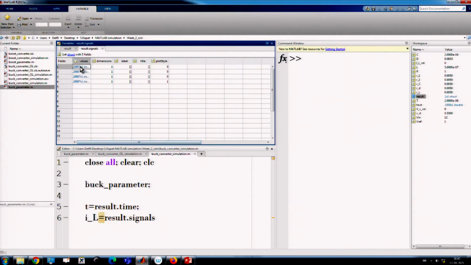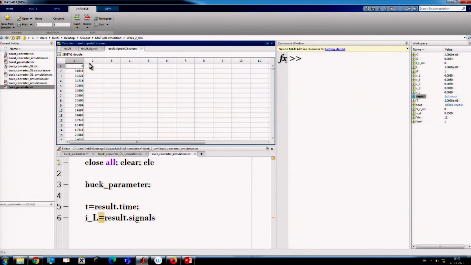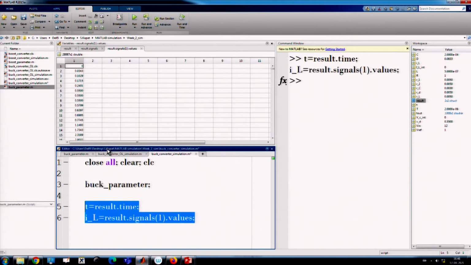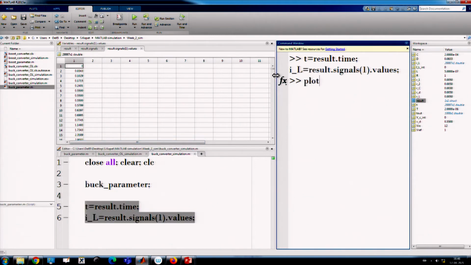The first is our inductor current, and this is result dot signals 1 dot values. So, this is what we have to type, signals 1 dot values. Okay. If we execute just these two lines, then we can plot t comma IL, the inductor current.